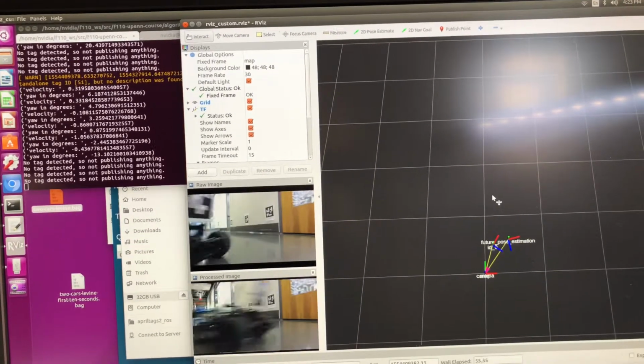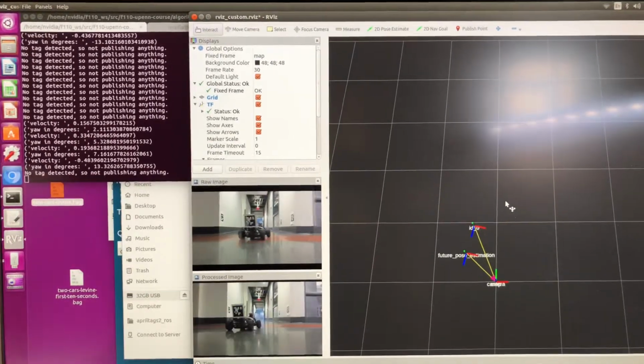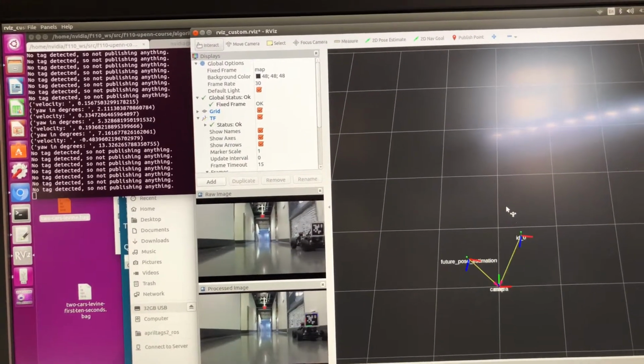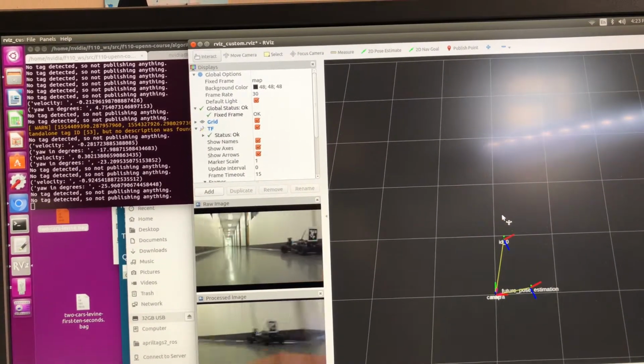Notice how as we get closer here, suddenly future pose estimation's behind. We lose track of the car, so it's gone. It's also interesting to note, I can't remember what I was going to say, but it looks pretty good for, oh,